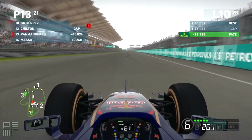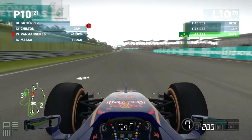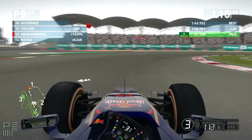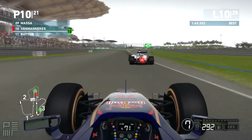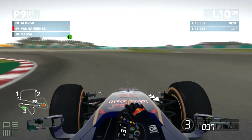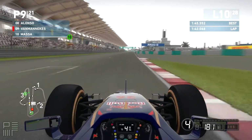But it seems this is my favourite race, defending my lead position I have on the two straights. There he goes again. I'm braking, I get him again. I'm in 9th place again. He goes again. And I got a late lunge, but just about make a clean overtake. Not a bit wide, like forcing Massa